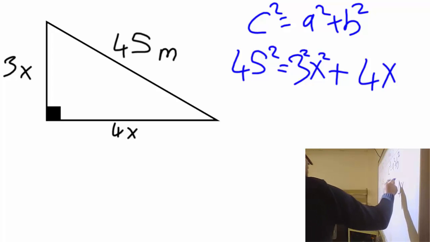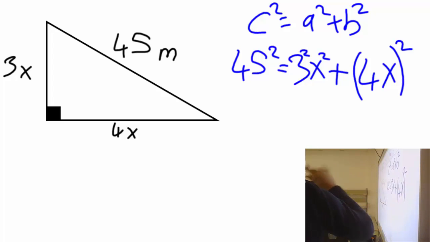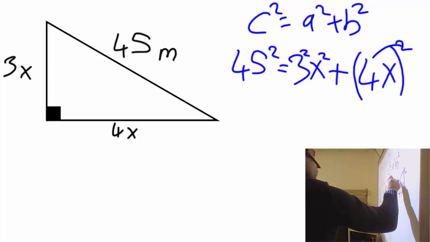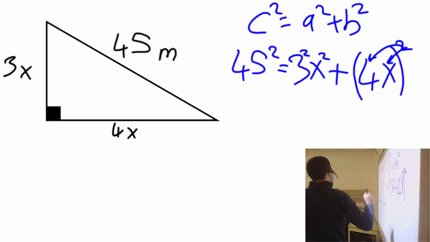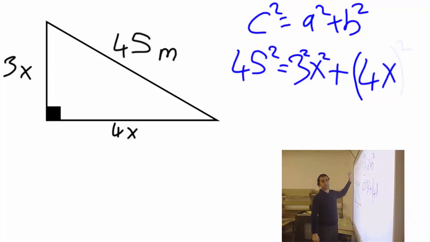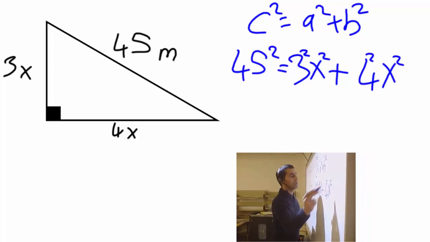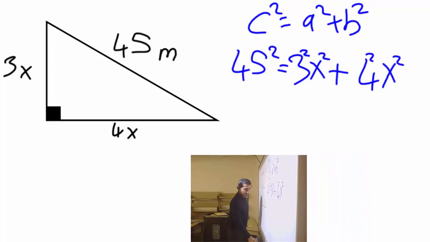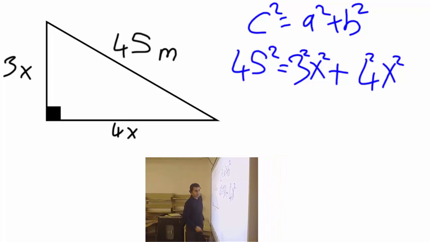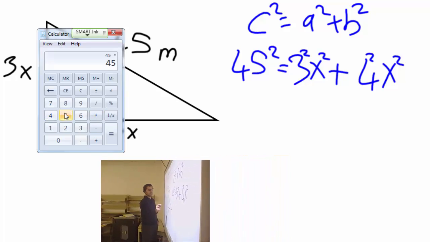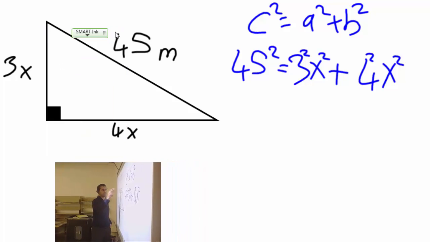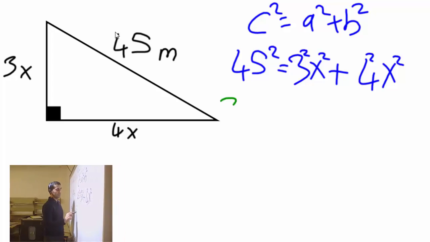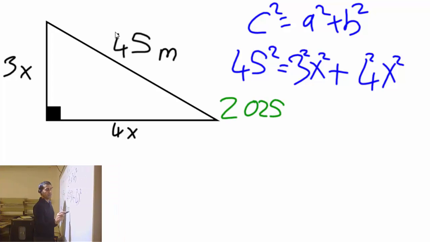Alternately, you can square both of them like that. It will work. This means the square goes there, the square goes here, or just like that, write it separately. Whichever works for you. So let's continue. 45 square. I have no idea what that is. $2,025. 2025 equals, now 3 square, I need to calculate that. 9x plus,